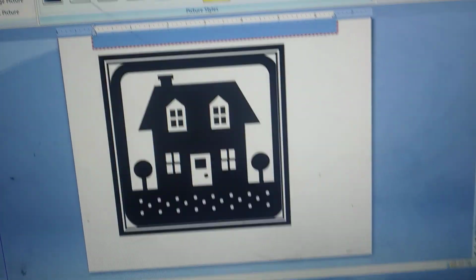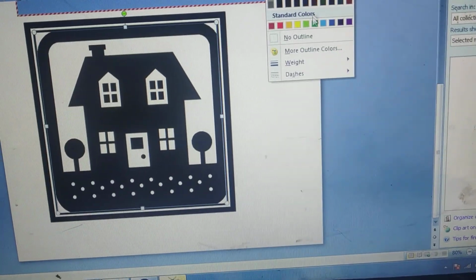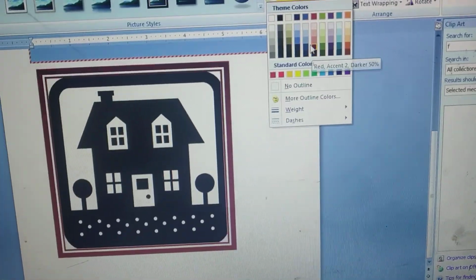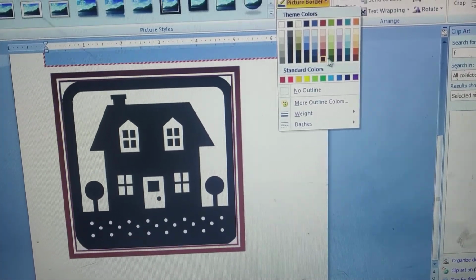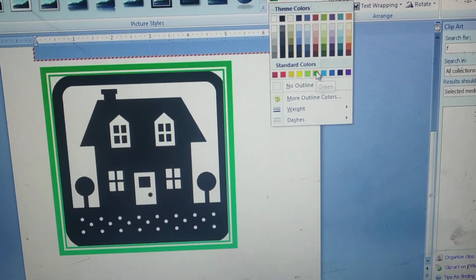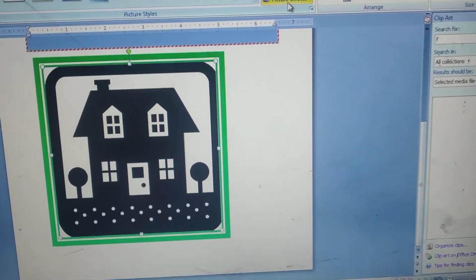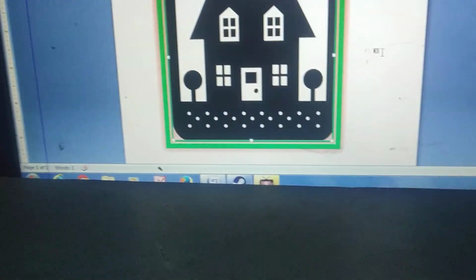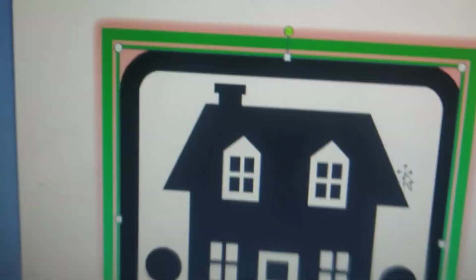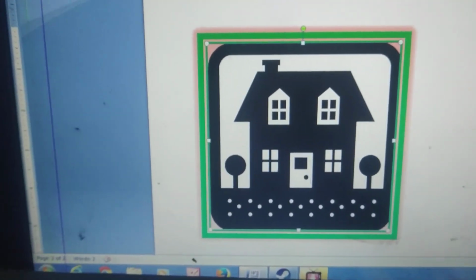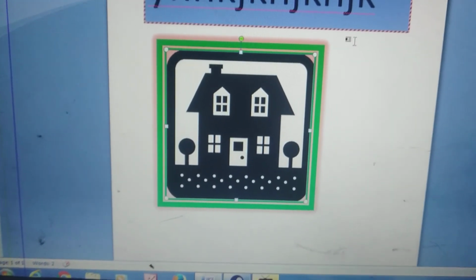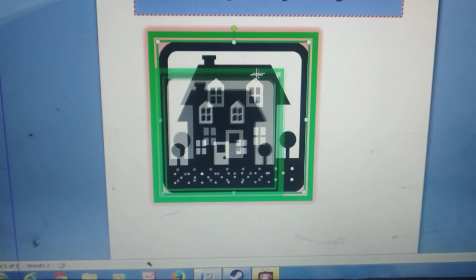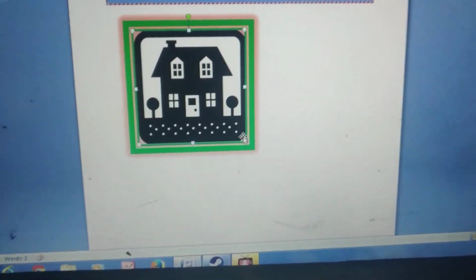Okay, then you can change the border color. Okay, then picture effects, shadow, glow, whichever effects are there, you can use them. Just see here, I have given a glow effect, so the red color shading came to that picture. Okay, like this you can insert a picture, and you can resize it, make it small or large, medium, whatever you want.